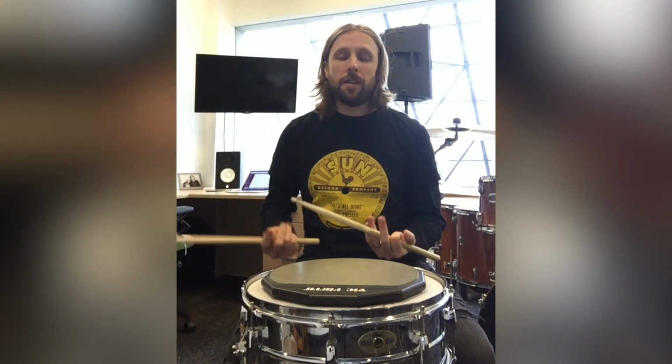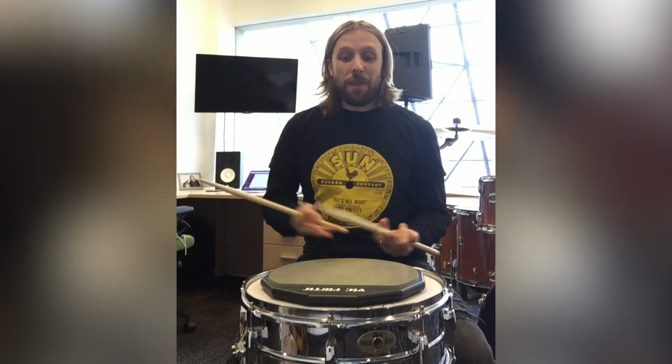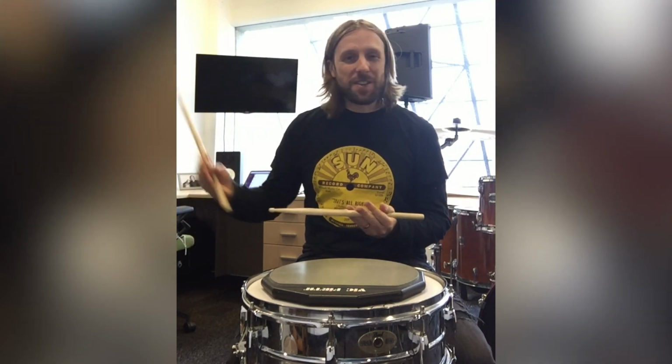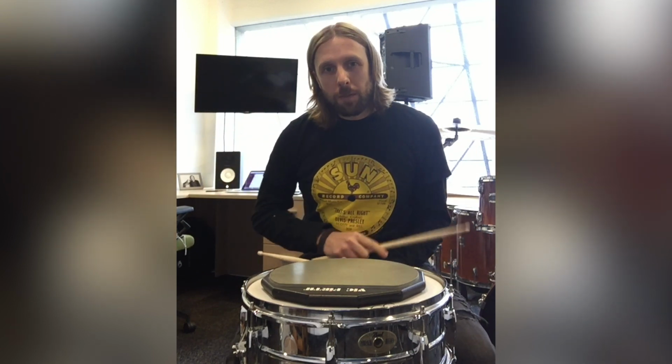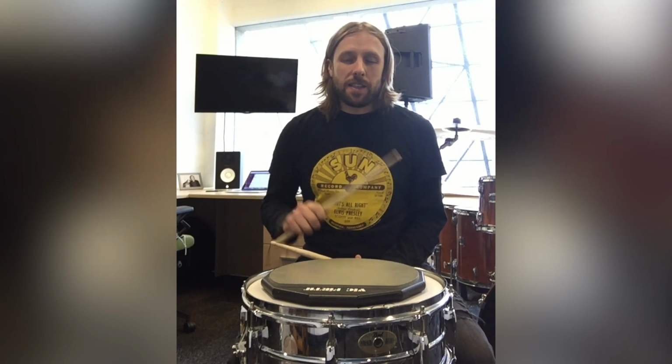Super cool rudiment, totally applicable on the drum set as well as the pad. So that is an exercise in and of itself. It's not the one we're working towards today, but do take that away and have a look at it. The second rudiment that you need to work on in order to play this exercise is the Swiss Army